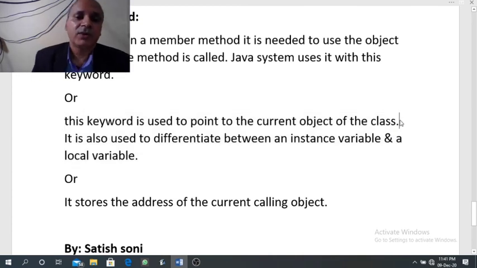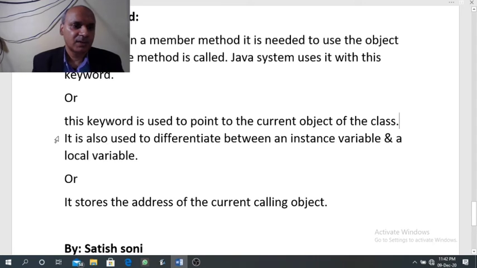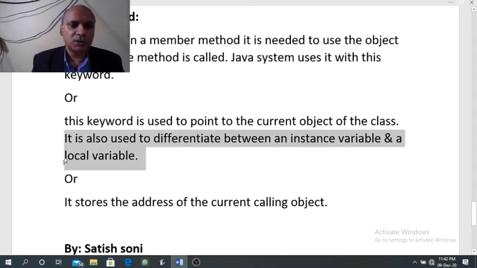It means if you have already created an object of the class, for example, OB is the name of the object that you have already created. After creating the object, when you use the this keyword, this will point to the same object OB. So writing OB is the same as writing this. It is also used to differentiate between an instance variable and a local variable.